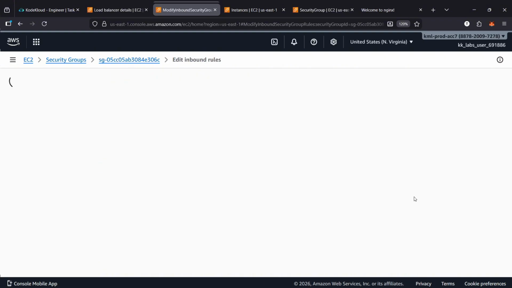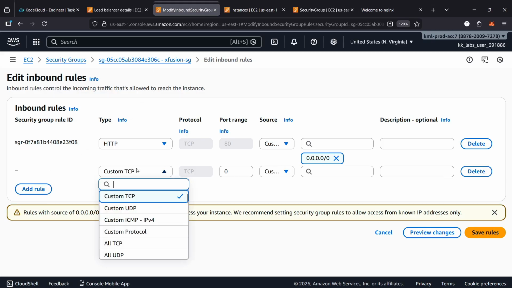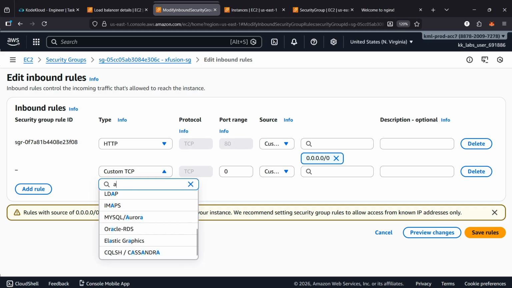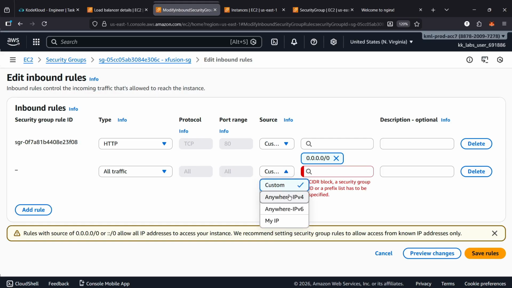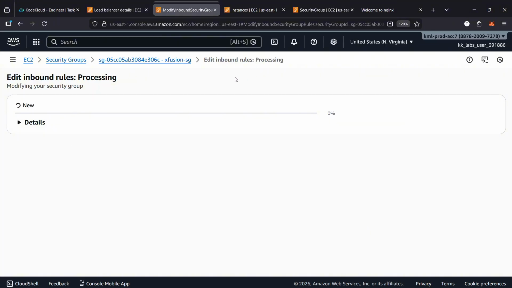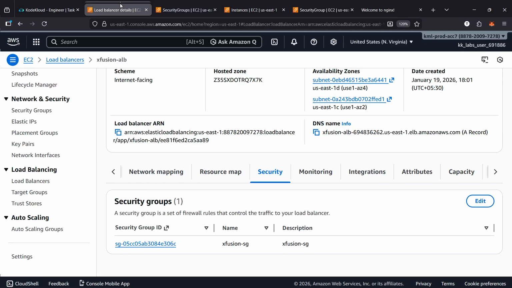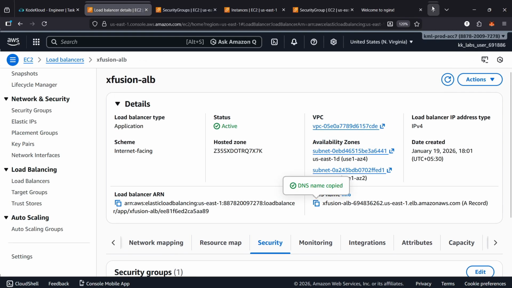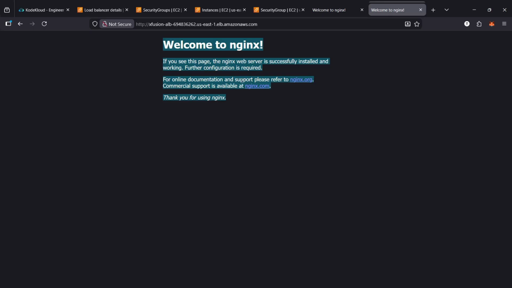Click on edit inbound rules. Try to choose allow all traffic. Save rules. Again try to copy the DNS. Check it. And we can see we are able to access the default web page of Nginx by using the application load balancer. Now let's try to